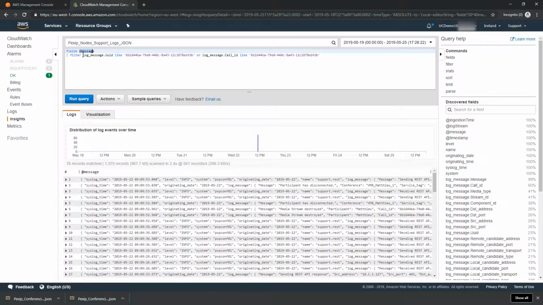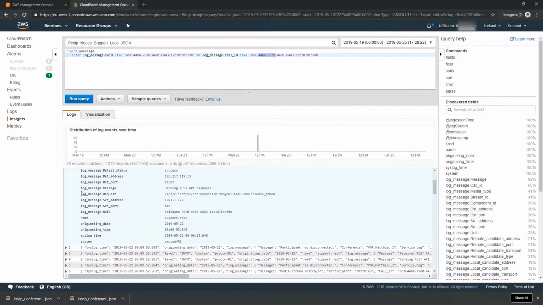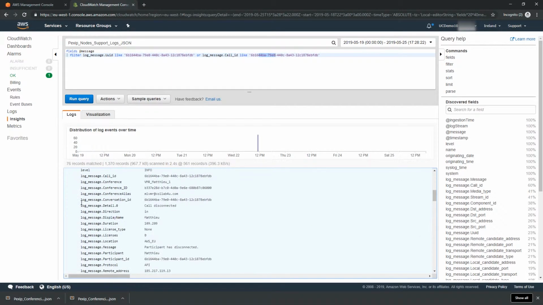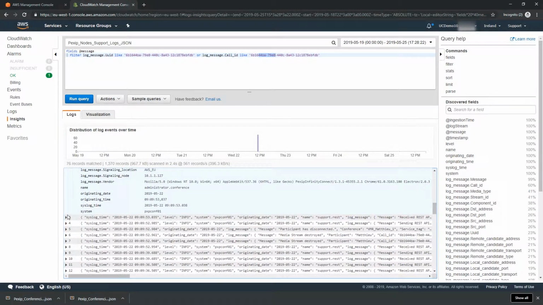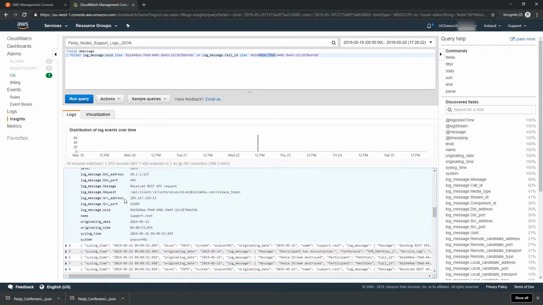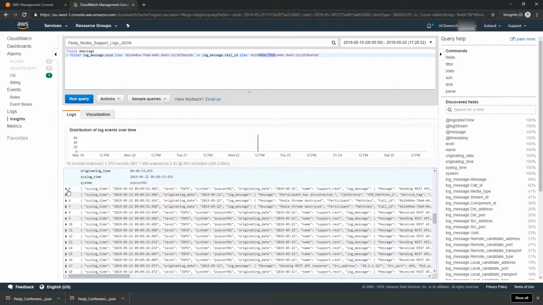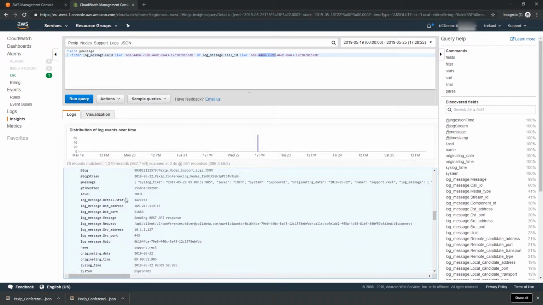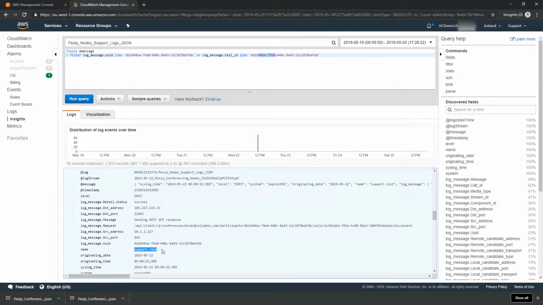I can then do a query like this, where here I'm taking all the fields, and basically I'm filtering any type of logs which either has a UUID with this or a call ID with this. And here I get all the logs in a format that is easier to read than what we had with Athena. I can see for each log the type of log it is, and I have all the fields that are